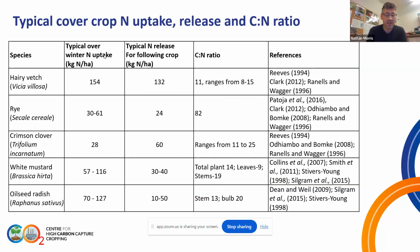We do know from research that cover crops are very good at keeping nitrogen out of water, and this was just some examples from various studies that have been done over the years with a number of species. There's obviously not an exhaustive list, there are others. But there are good examples here of just how much nitrogen can be taken up over what we say is typically over winter. So that typical period, post-harvest, cover crop established in mid-August onwards, and then over that autumn, winter period before spring crop,